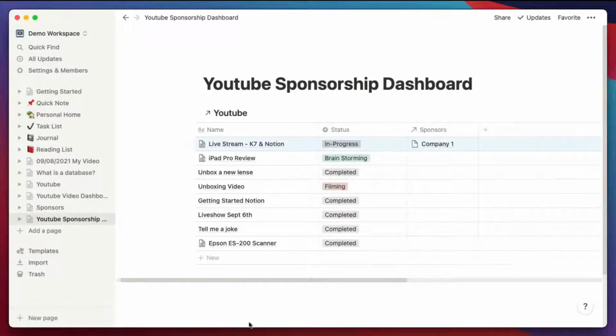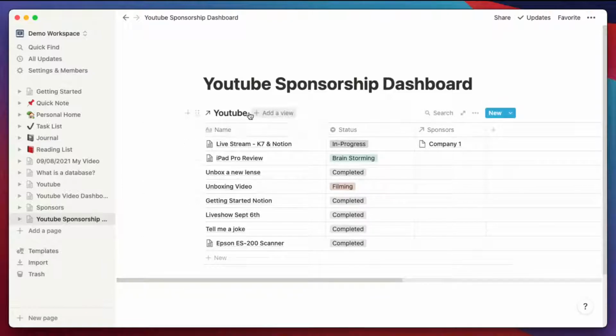So relations are important because you can hop from one database to another. If you have a database of sponsors and you want to include them into your current database, that's one thing to do, right? You can add them like that.